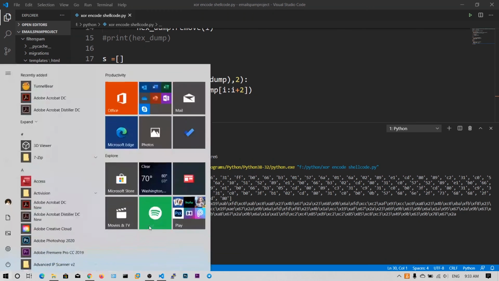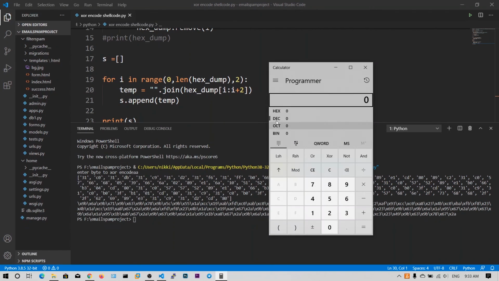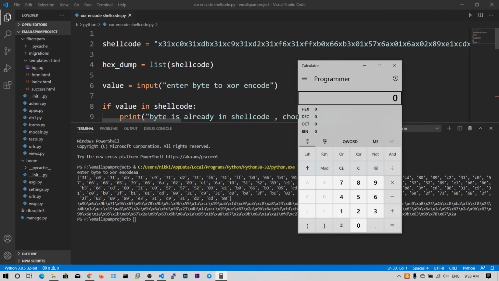Now we need to check whether our result is correct or wrong. So open the calculator. Take the first byte of the original shellcode. Sorry, first go to hexadecimal and then take the first byte of the shellcode, which is 31, and XOR it with what we input, AA.